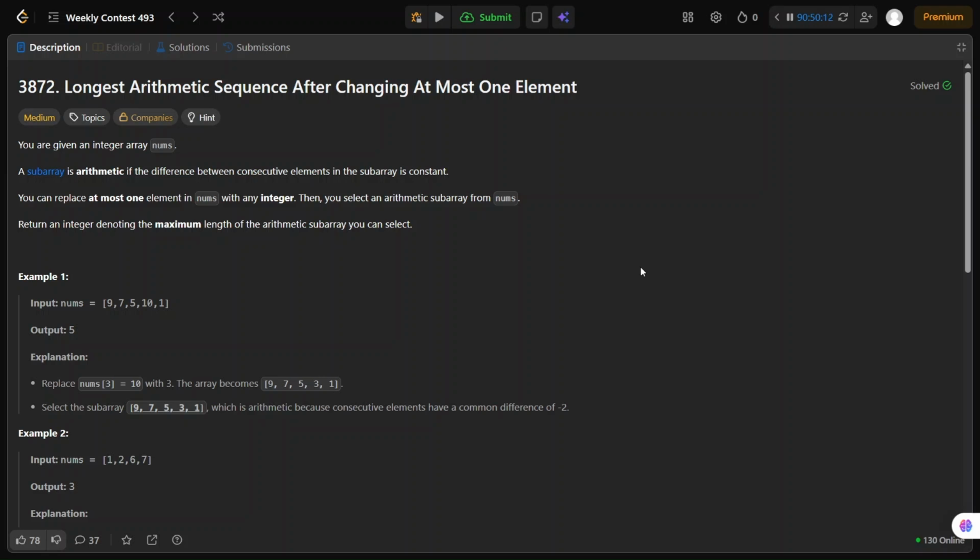In this video, we are going to solve the problem of weekly contest 493, and this is the third problem. Okay, let's try to understand the problem, what this problem wants to say. They are saying longest arithmetic sequence after changing at most one element. Okay, longest arithmetic sequence. Everybody knows what an arithmetic sequence means,